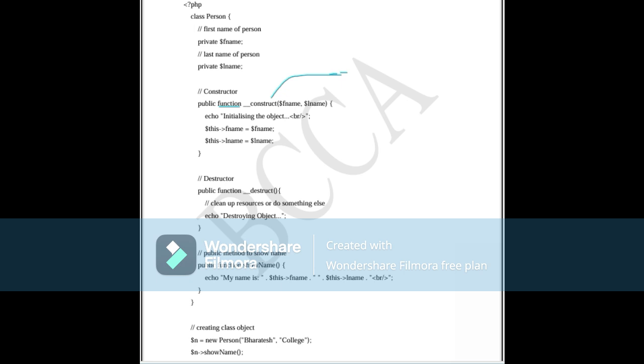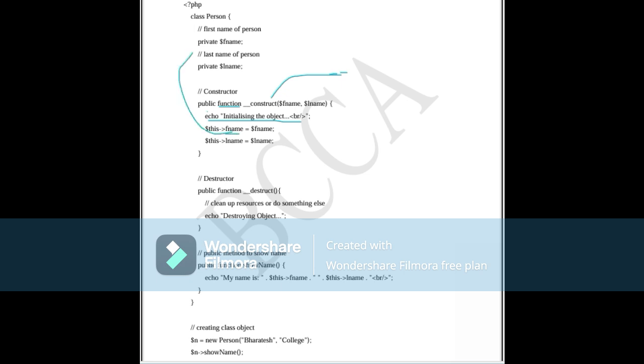Now this is a parameterized constructor, and we have two parameters. What are the two parameters? $fname and $lname. As we all know, the purpose of the constructor is to initialize the object. Here you can see there is an echo statement, and we are displaying a message saying that we are initializing the object, and we are initializing our property. What is this property?